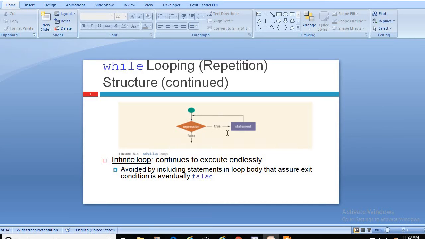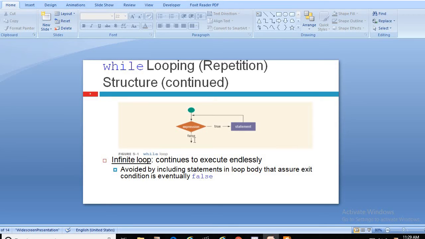It will be repeated until this condition becomes false. If it is true, the body of the loop is executed repeatedly. If the condition becomes false due to the modification within the statements or the increment or decrement operator, then the expression becomes false and it goes out of the loop.